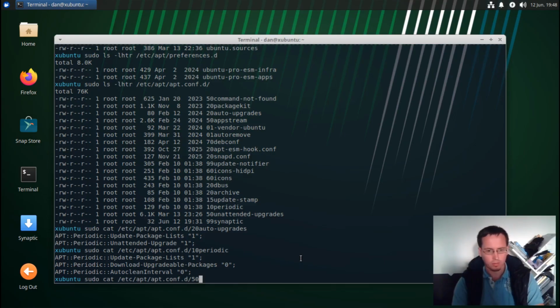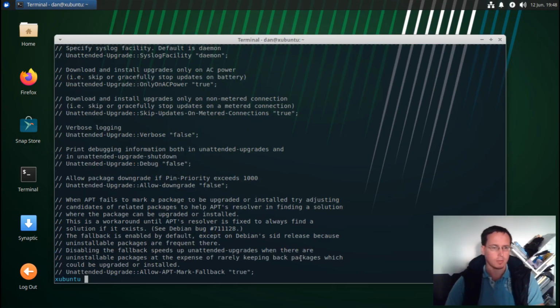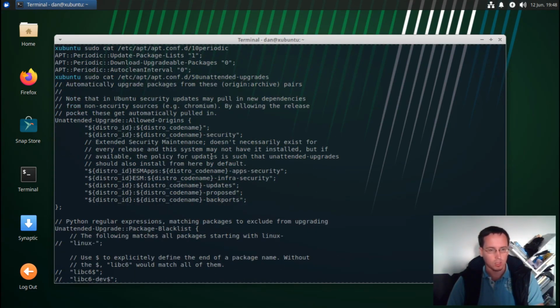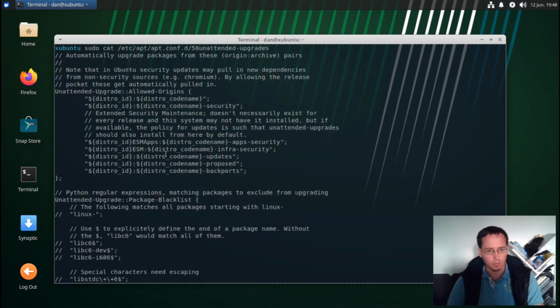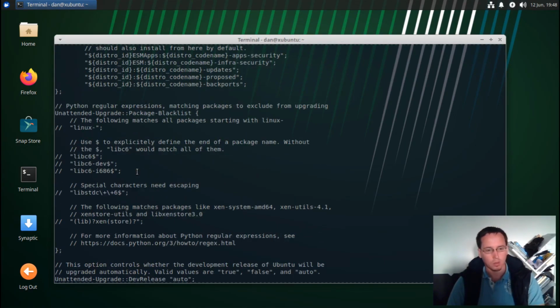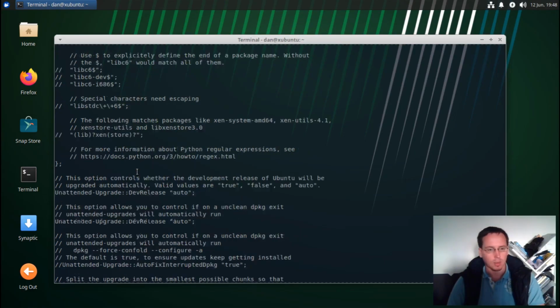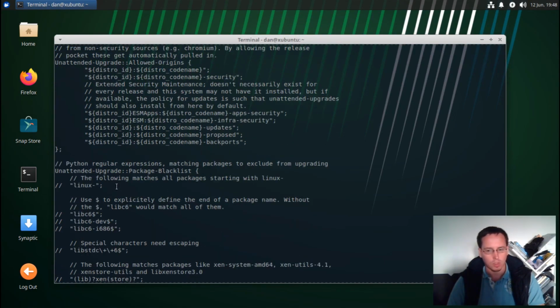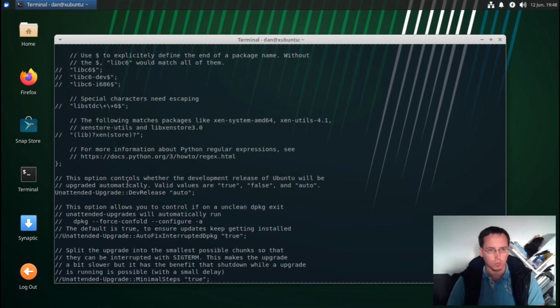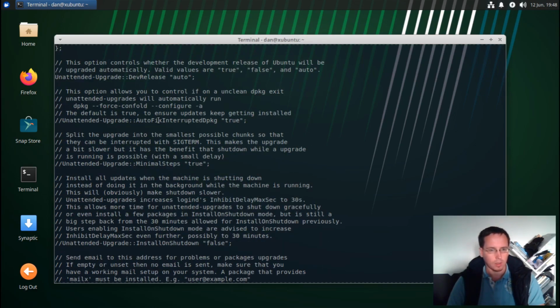Then we have the 50unattended-upgrades file, and this is the most important for unattended upgrades. Normally you don't have to make changes here, but you can add some stuff when you want, or when something is not working automatically, you can enable this and put more things in. Look on my channel, I have a very detailed video about unattended upgrades. Just to show you in a quick way, here are some